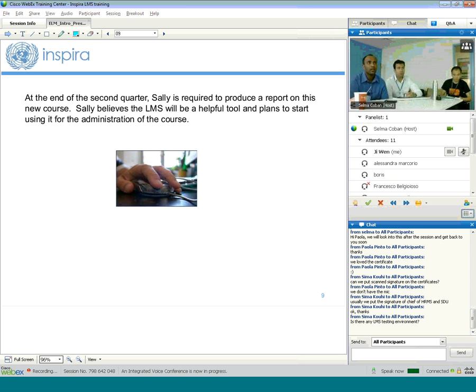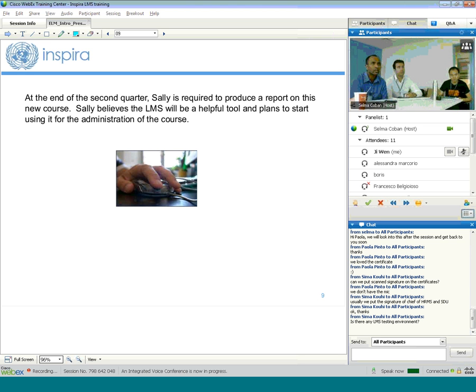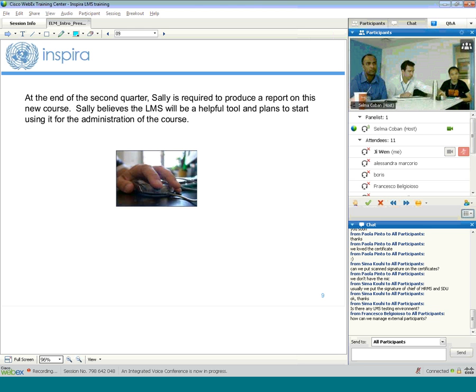Any other questions? No? Okay, so we're going to continue with the last part, which is data insight. We're just going to take about 5 minutes to give you a quick demo of how, after you've done all this using the learning management system, you actually generate reports, which is more important for your senior managers, etc.